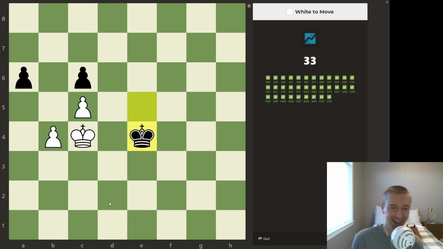Oh, here you go. You get the endgame, Paul. You're good at these. All right. B5. A takes B. King B4. Yeah, it's bad. So there's kind of an idea. Wow, this is...